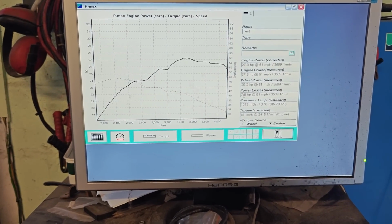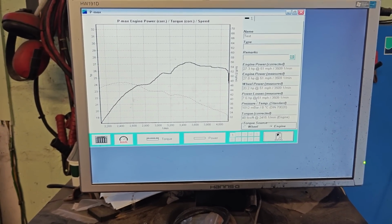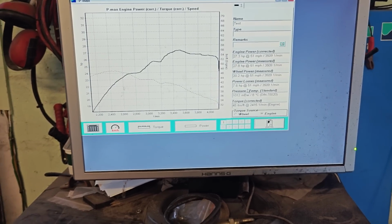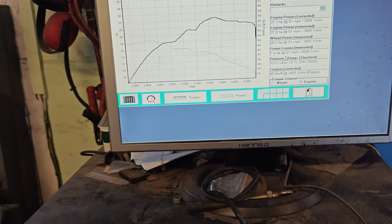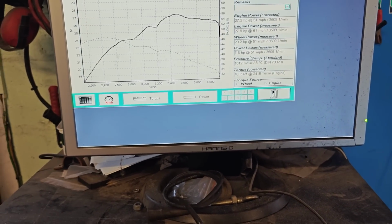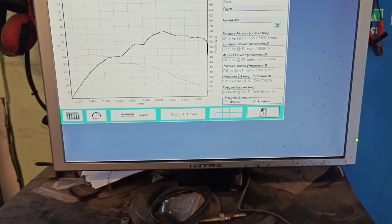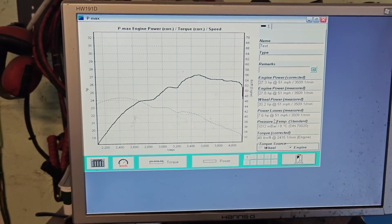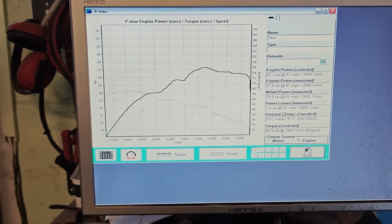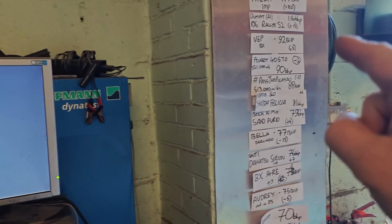27. Power losses have dropped again, so it doesn't appear to make a difference whether you're letting it freewheel or dip the clutch. And the power losses can vary. They're not always identical, because obviously the tyre temperatures are changing, the gearbox oil temperature is changing. It looks to me like having it freewheel or having it run with the clutch dipped on the overrun makes no difference. It's a pointless test because it means nothing. 29 was its best, so that would put it